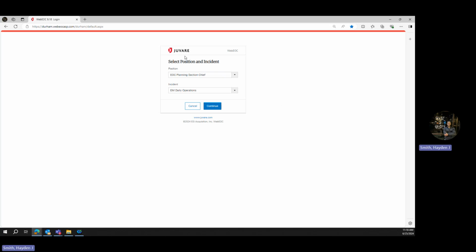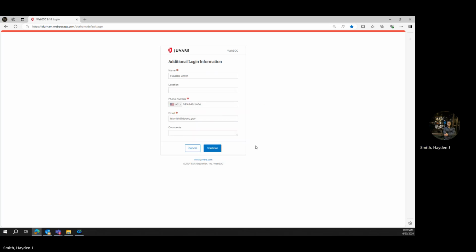And then you'll move on to this screen where you'll select your position and incident that you're operating under. For this, I'll be operating under a planning section chief and selecting the training incident. We want to make sure we select the training incident so that we do not impact any of the information that's on these other boards here connected to legitimate incidents. Click continue,